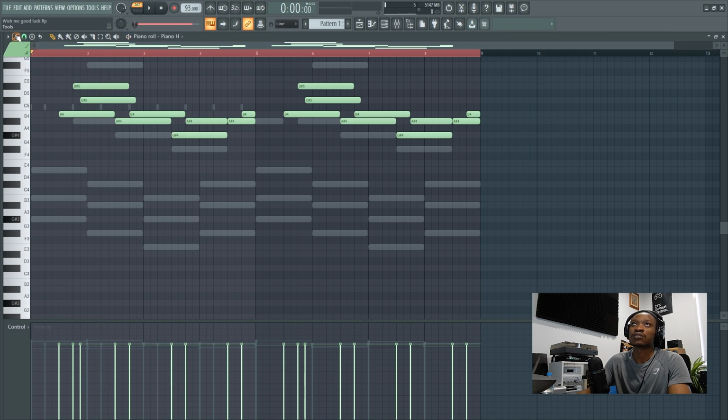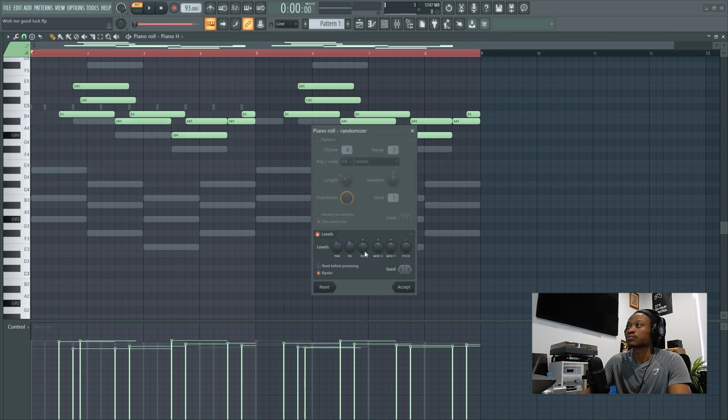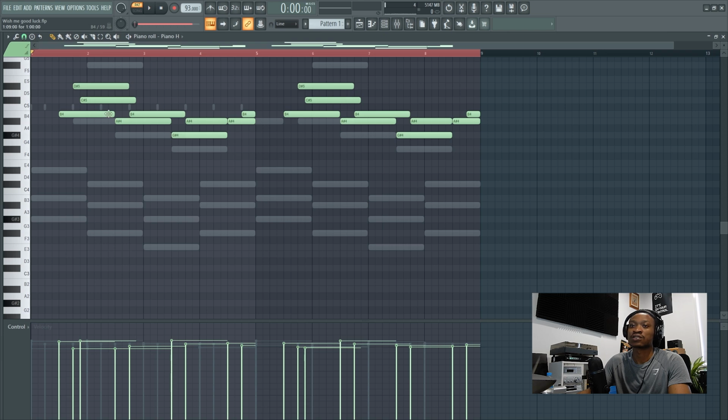Similar thing with the velocity, I will just change the velocity so nothing's hitting the same. And then sometimes I'll play around with these depending on what sound I'm getting out. So this just means how long the key is going to get held for. Can you get it for too long? Like, get it for too long, or just like that. So from here,